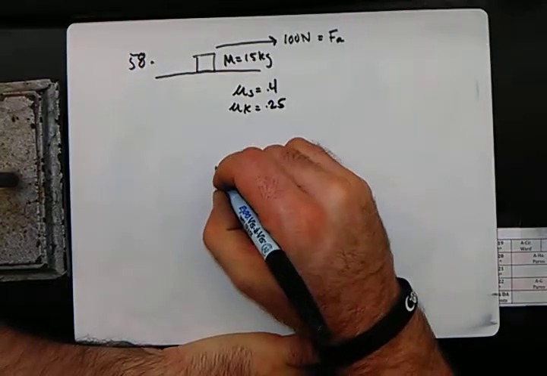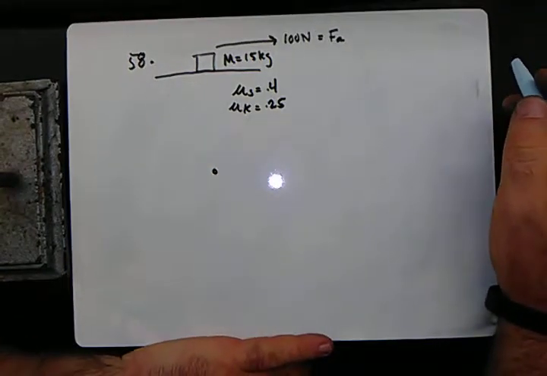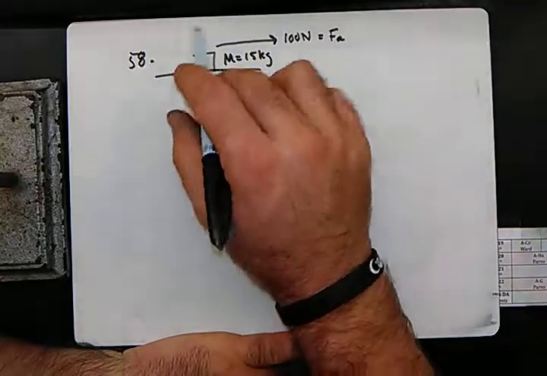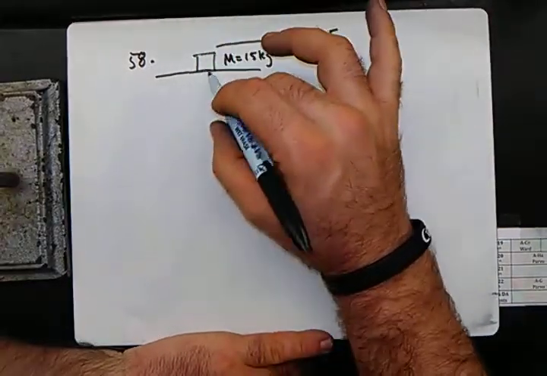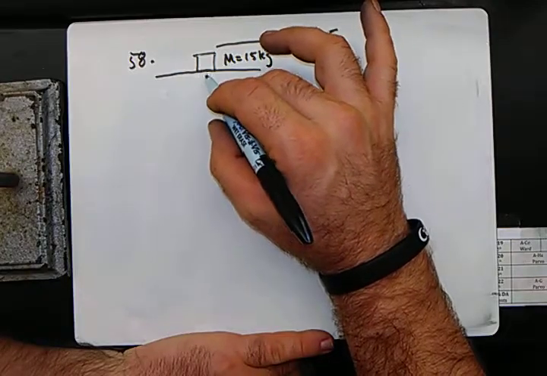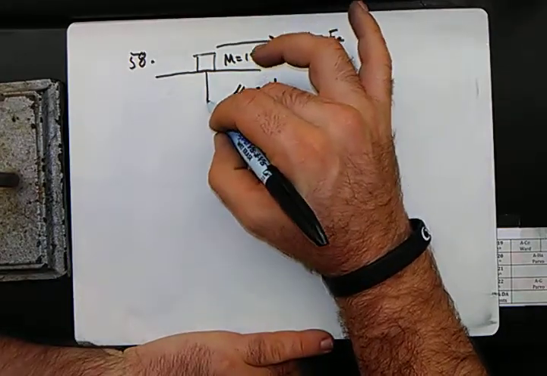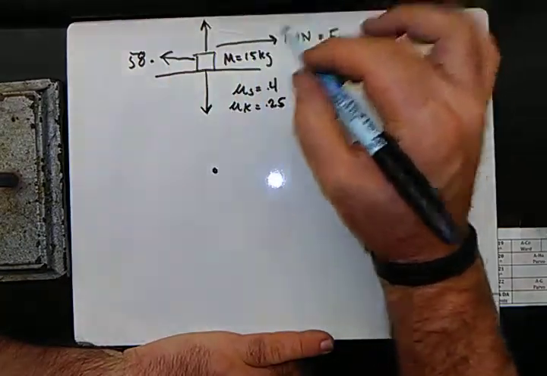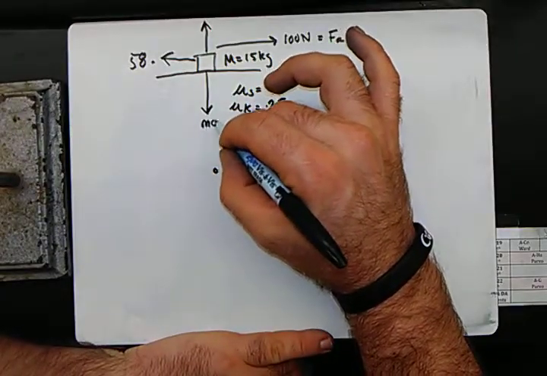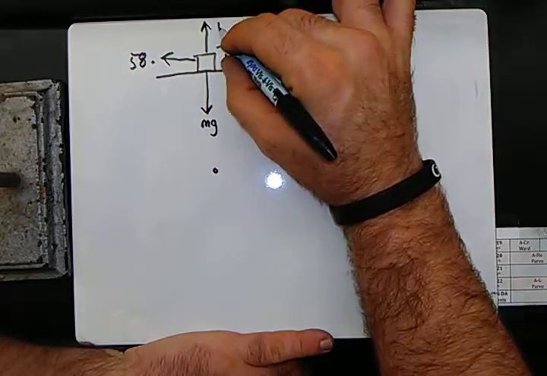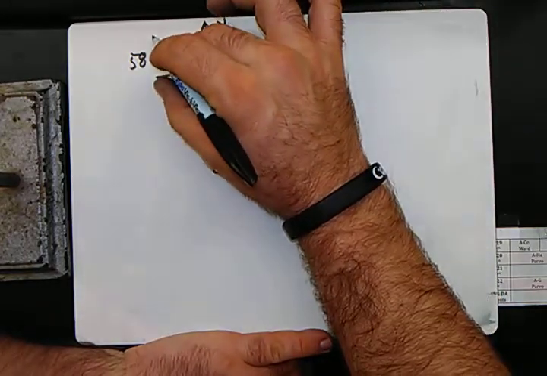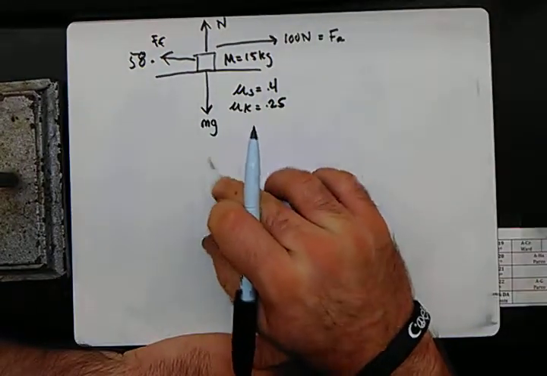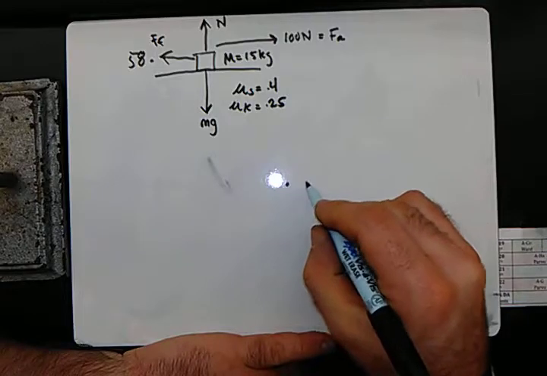So free body diagrams, as you know, are just dots with arrows. You can start with a regular picture too. I mean, this is like a semi-free body diagram. We can draw in all the forces in the picture as well. We know that this is mg, this is normal force, this is force of friction. So if we were to draw a free body diagram of that, it might look like this: